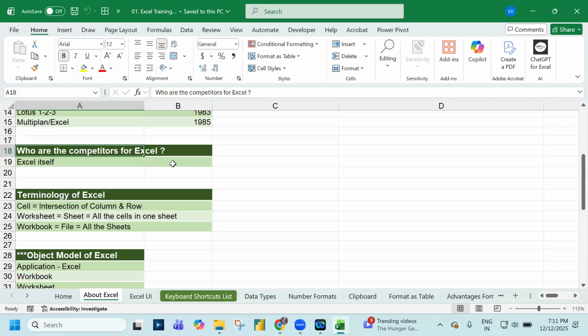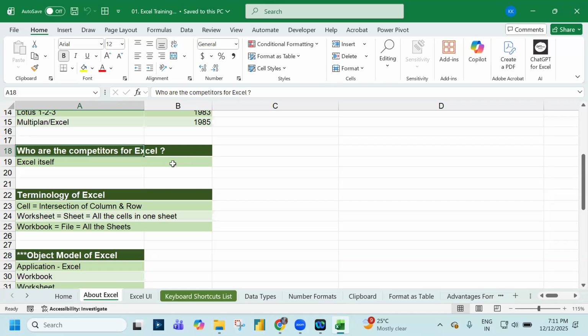Yeah. And who are the competitors for Excel? No competition. I'll give you a simple clue here. You want to buy an AC. Okay. Don't ask me why would someone buy an AC during winter. Just assume that you want to buy an AC, right? Tell me a few company names. LG, Voltas, Godrej, Samsung, Bosch, Haier. Okay. I think in 10 seconds time, you are able to tell me at least 5 different brands,